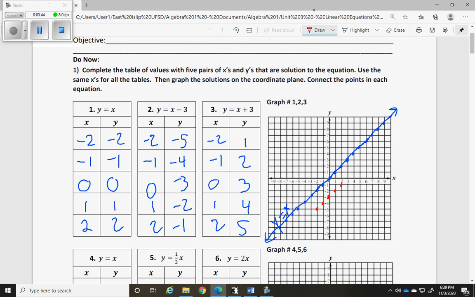If I continue my pattern, arrows at the ends, label the line, and one more color, -2, 1, -1, 2. If I continue this pattern,